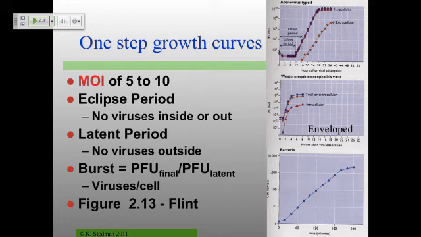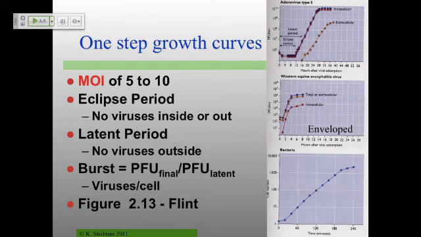And so just by doing these one-step growth curves, you know how many infected cells you have, you know how many you end up with, and that gives you how many virus particles are being produced per cell in that one process. So the burst is also a very important aspect of understanding different viruses. Different viruses have different burst sizes. Burst size can be as low as 5 to 10. It can be as high as a couple thousand. In some cases, maybe even more than that, which is kind of amazing, but that's a different story entirely.